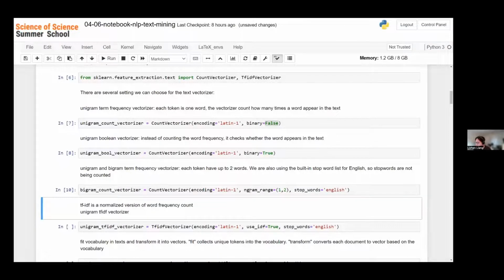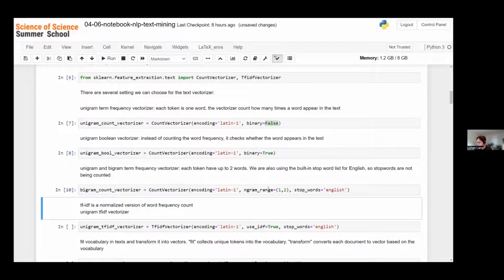And we can also adjust the n-gram. By default, in the process of tokenizing, each word is a token. But if we're counting 2-grams, a token could have 2 words.